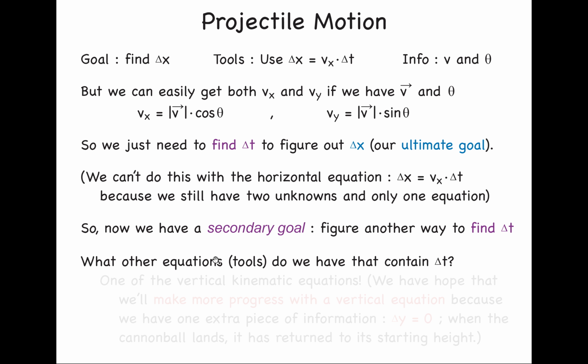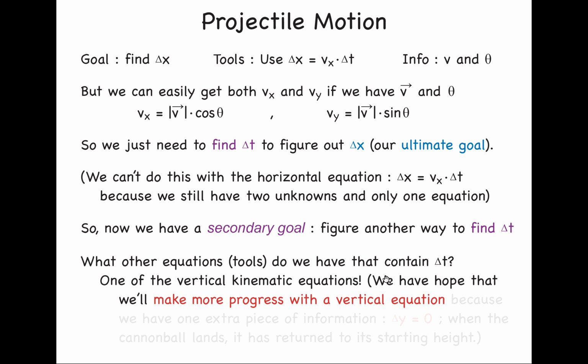So what other equations, what other tools do I have that make use of delta t so that I can maybe rearrange it to solve for delta t? Well, we could use one of the vertical kinematic equations, right? The reason we have any hope that we can make better progress with the vertical equations when we couldn't get there with the horizontal equations is that we have one extra piece of information in the vertical direction, and that is we know the total displacement,